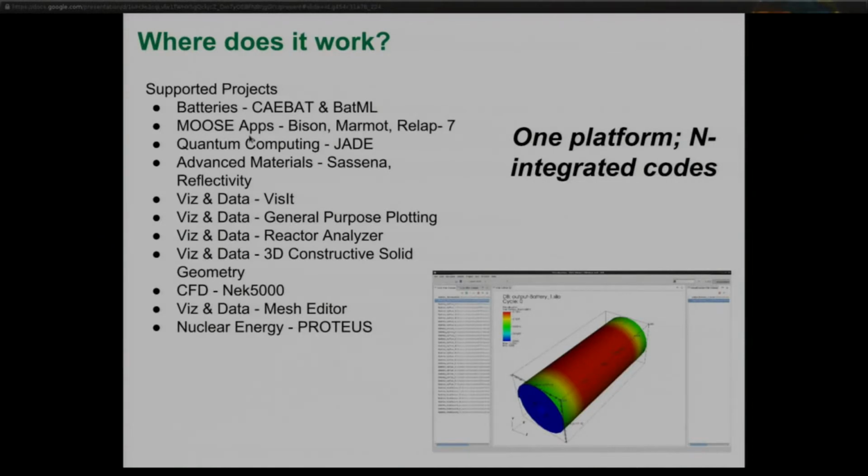This is a picture of a battery from KBAT. And what's really great about this is that we ran the simulation. We set up the input, we ran the simulation, and this was a small case, took 5 minutes to run, and then we clicked a couple buttons, switched the perspective, and then loaded up these graphs. You can move that battery around, zoom in, zoom out, run time series things of it, and so it's pretty cool. The whole point I want to make with this is that we have one platform and we have integrated the codes into it.